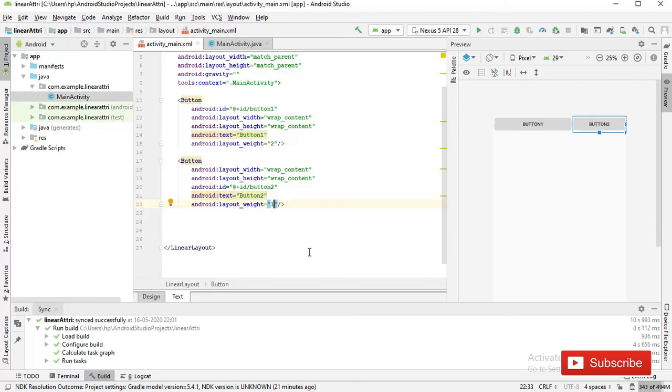But if we apply layout weight 2 to both, the size of both buttons is the same. So this is the layout weight.